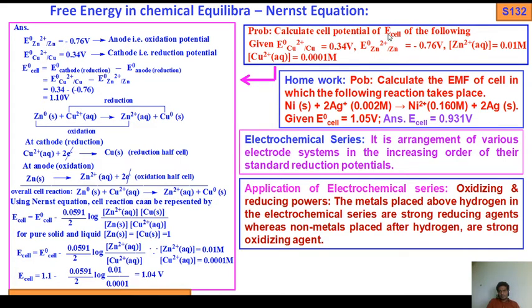Calculate the cell potential of the following cell. Given the standard reduction potentials E0 Cu2+/Cu = 0.34 volt and E0 Zn2+/Zn = -0.76 volt. Also given the molar concentration of Zn2+ aqueous is 0.01 molar and the molar concentration of Cu2+ aqueous